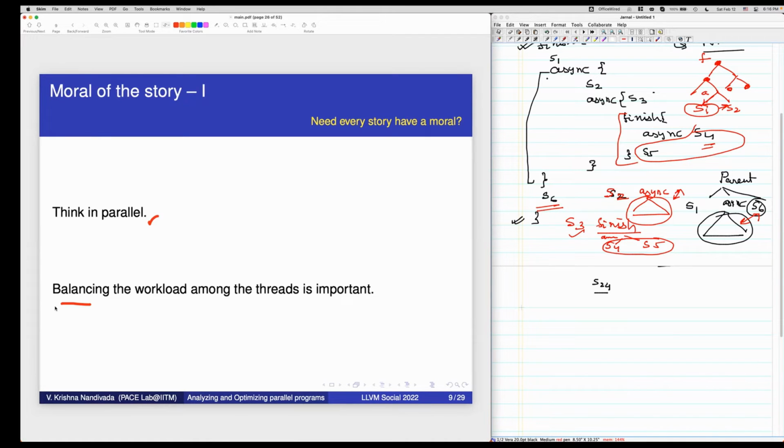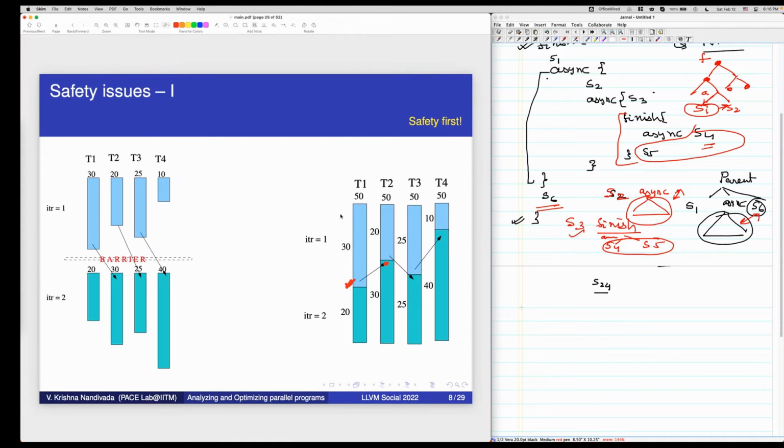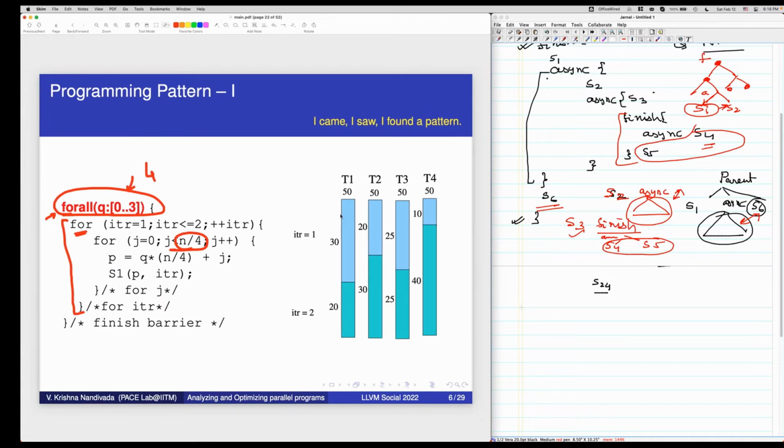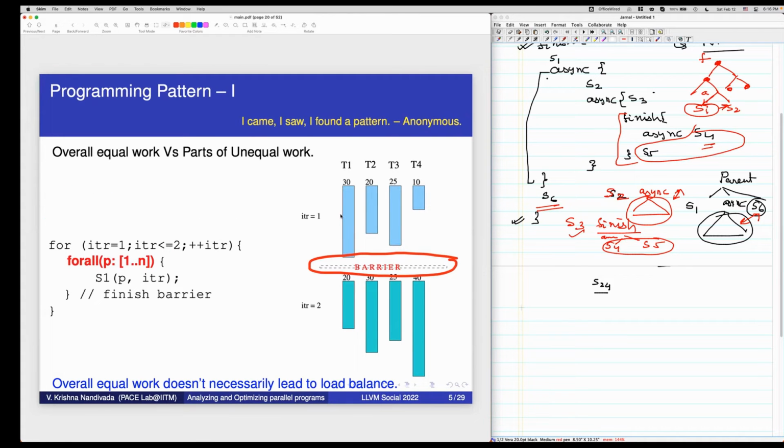Yes. Any questions on the pattern and the issues? Let me go back to the pattern and keep it there. If you don't understand, I can go over it again. It's okay if I don't cover a lot of slides. I'm not for that. Let's have some interaction.